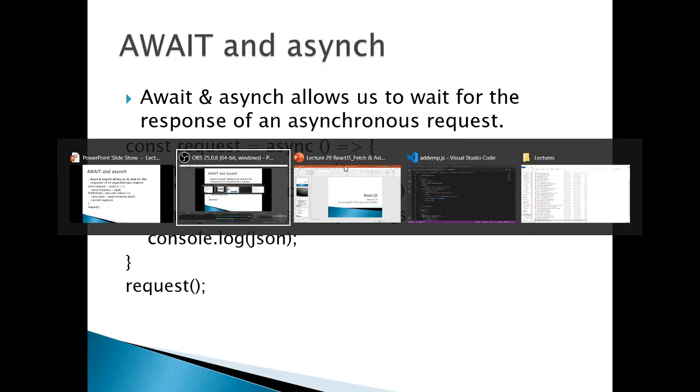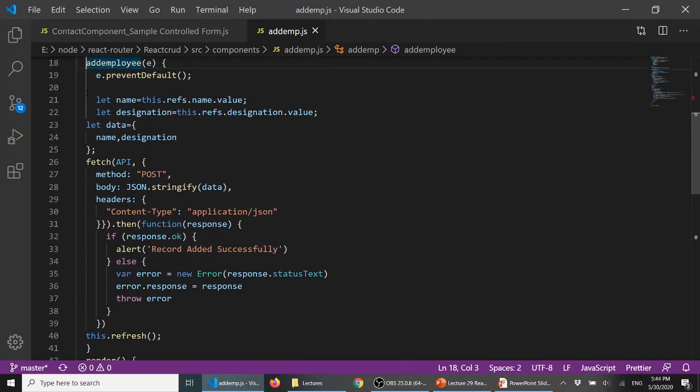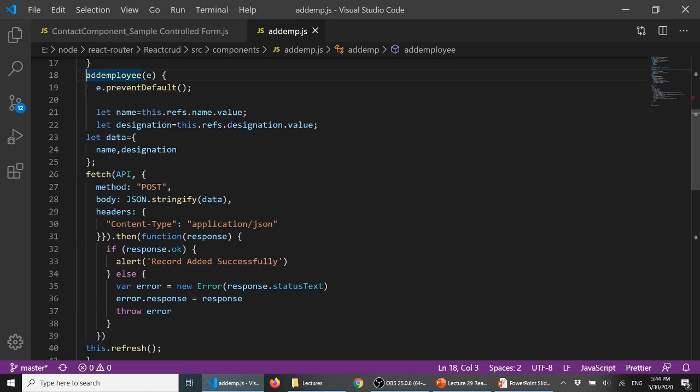Before going on, I will show you another example in my code. As I have shown you in the last lecture, I have called a fetch method in a simple method, not in componentDidMount. We have two ways out. If we want to fetch data at the start of our application, then we will use componentDidMount.